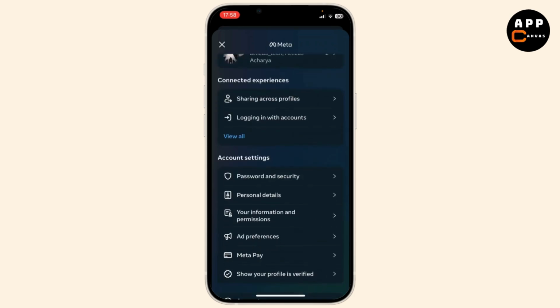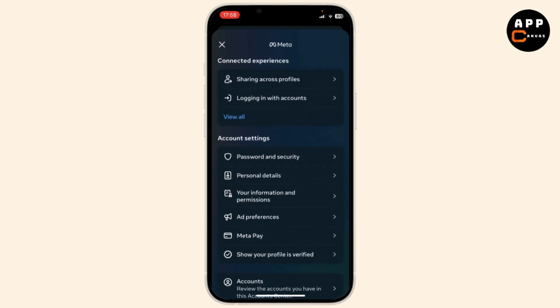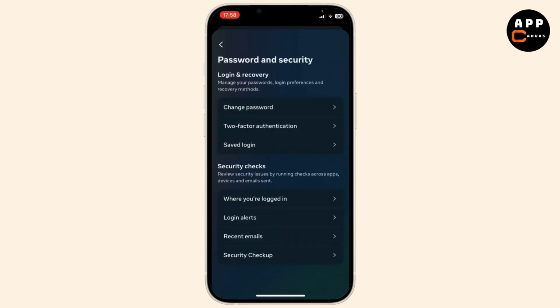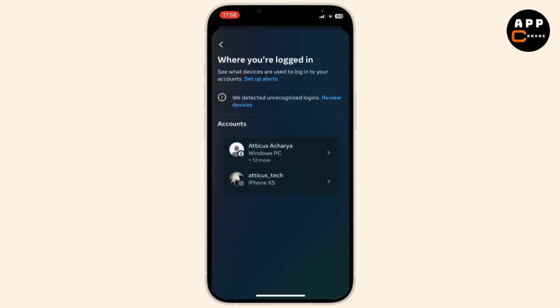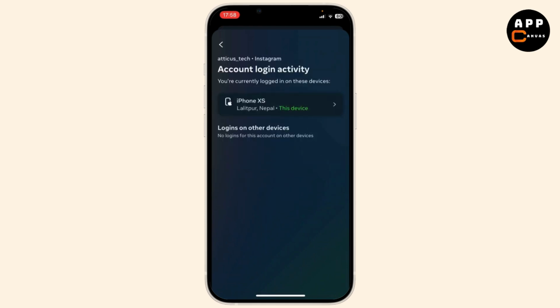Now after you're on your Account Center, just scroll down till you find Password and Security, and when you're there, under Security Checks you will see where you are logged in. Tap on it. Now select your account, and after you do that you will see under Logins on other devices